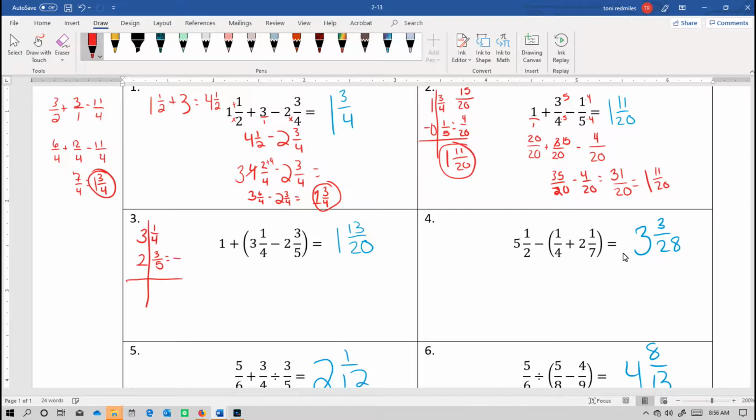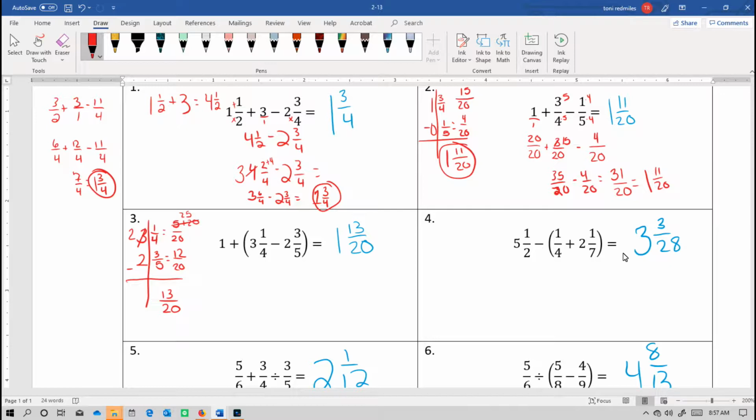All right, so common denominator again is 20. Man, I used that one a lot, didn't I? I cannot take 12 away from 5. So I'm going to borrow one from here and add the place value. Place value is 20, so I'm adding that, making it 25. 12 from 25 is 13